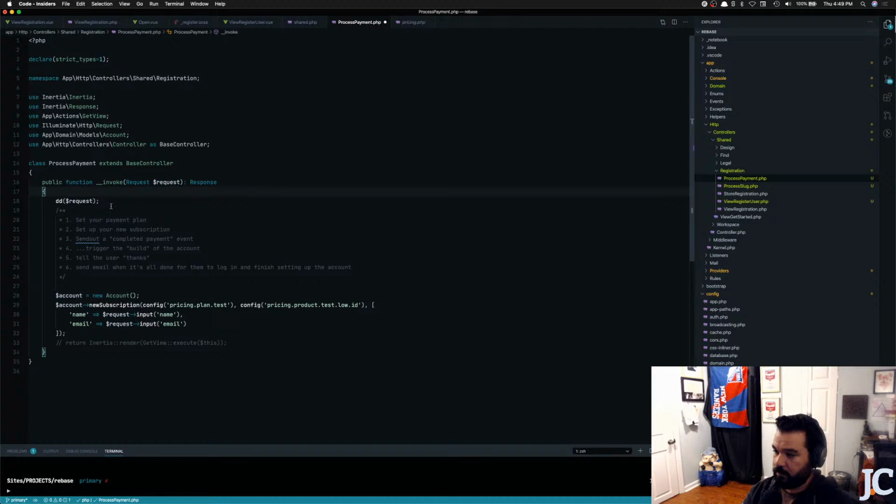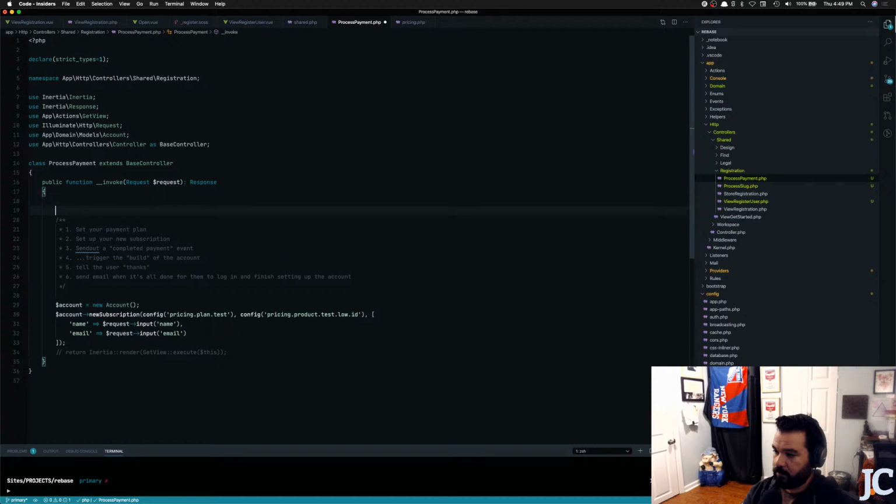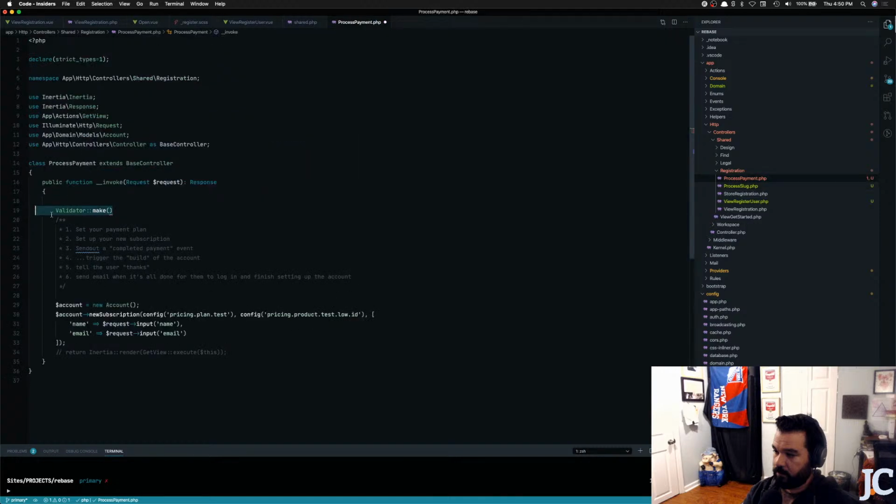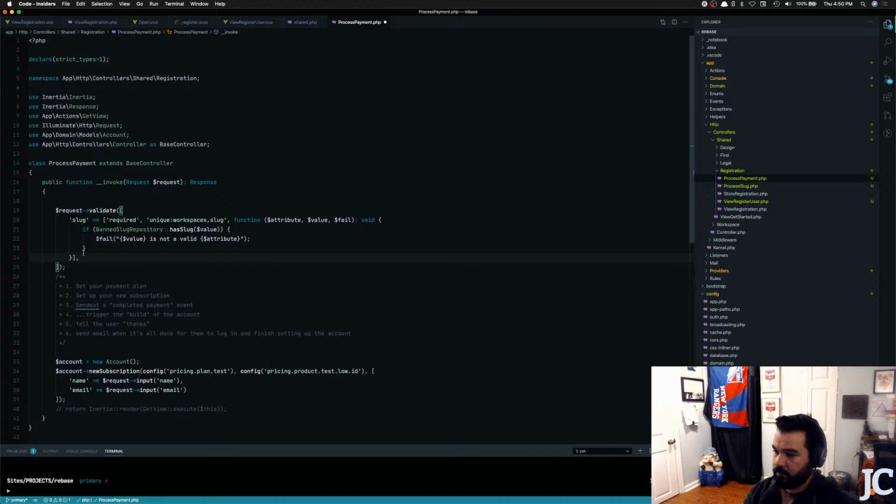So let's also set up a validator real quick on here. Validator make, which is the one I used in the processing of the slug. Oh, okay, I can just say request validate. Not the slug, obviously. Well, actually, no. You know what? On the off chance that you got here somehow and you didn't have a slug in there,